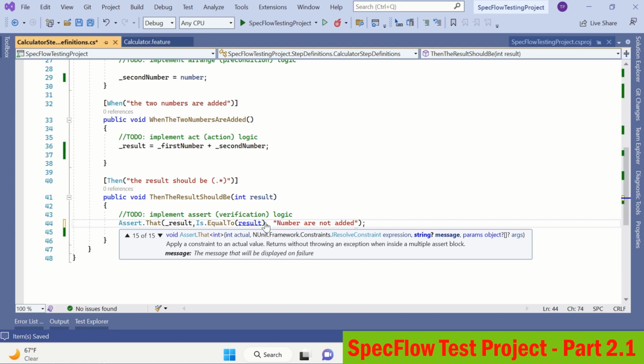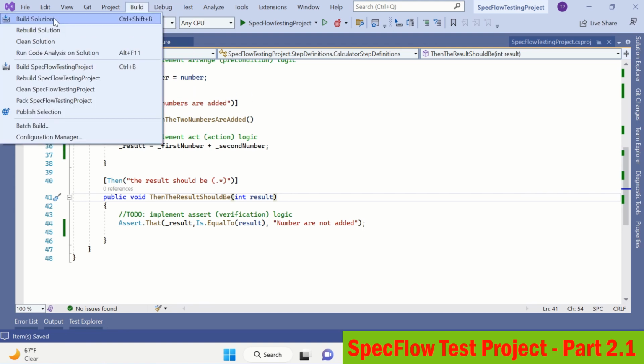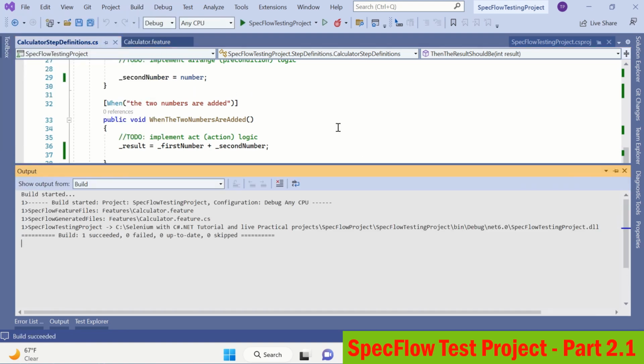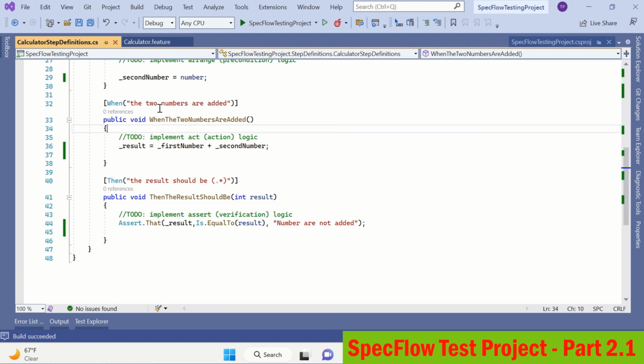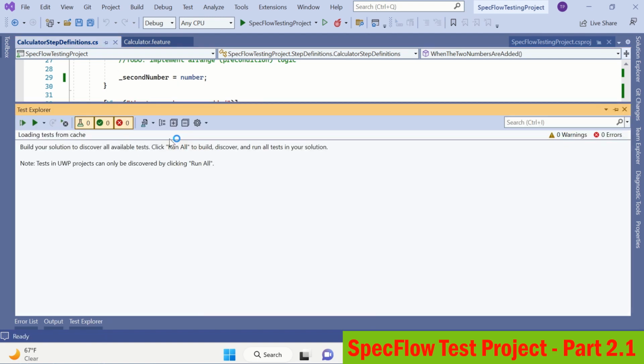This will be the error. If this fails, it will give the error. So now what we can do is build this. Yeah, it is built now, and if you go to the Test Explorer, you can see your test cases will